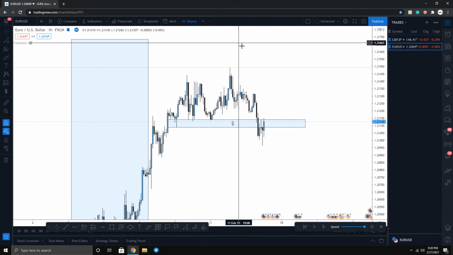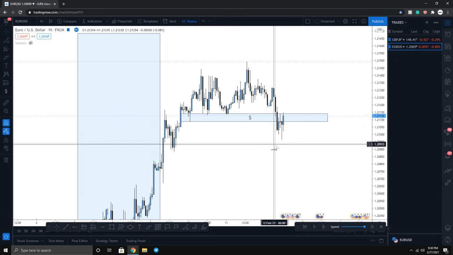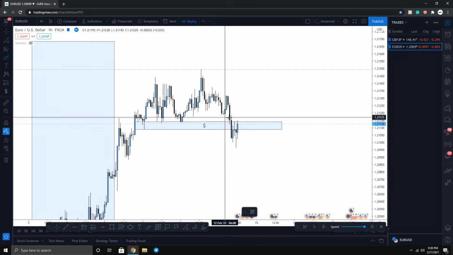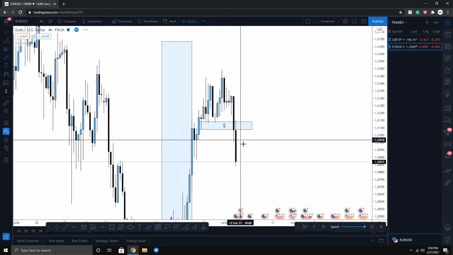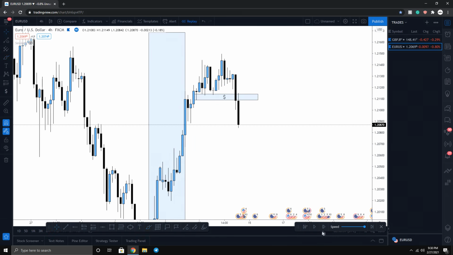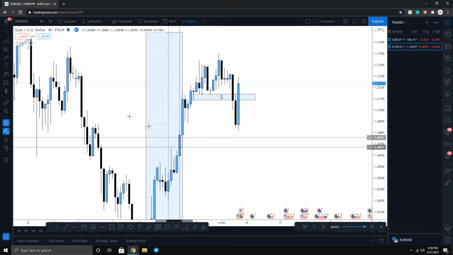So now people might be asking, how do you get in on the move where the market stops you out and then it goes up? How do you get in on that? Now, one thing that you can do is go on the higher time frame, and below that level of liquidity, one thing that you can look for is an order block.